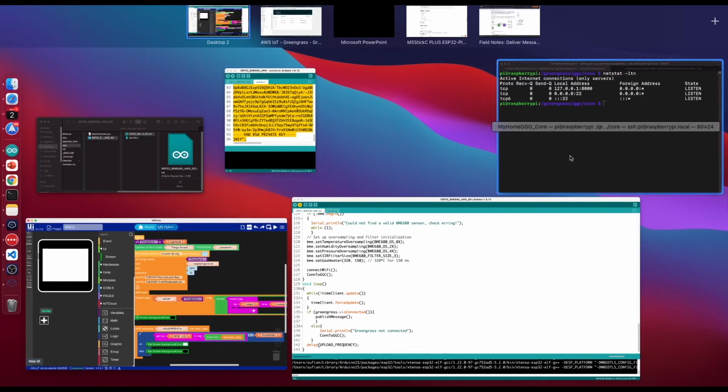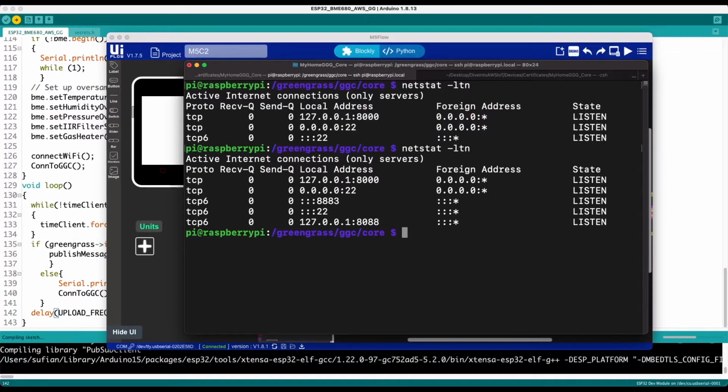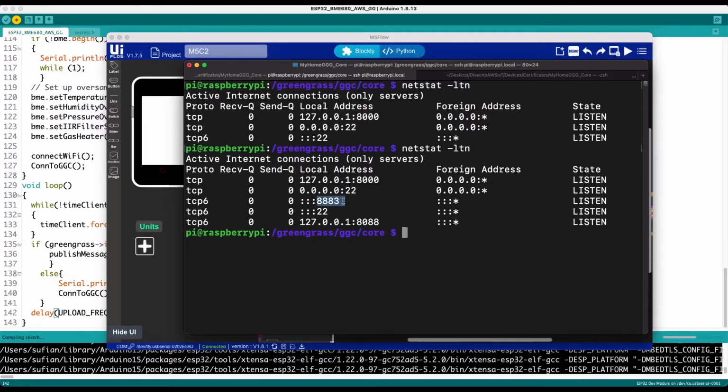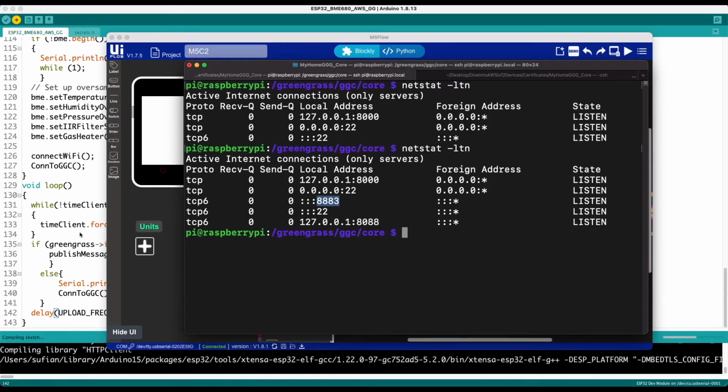Since the deployment is complete, now if we look for what ports are open, here it says that port 8883 is open, which is important because for local communication to happen, this needs to be up and running.